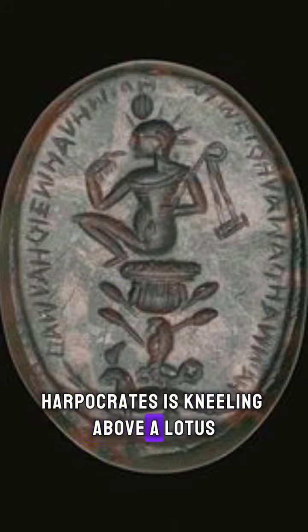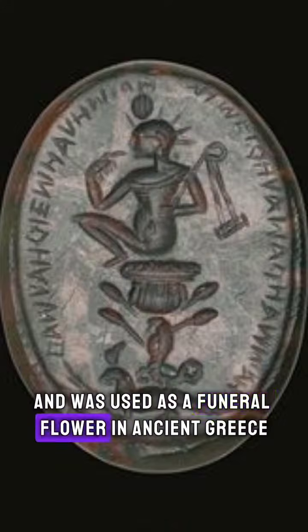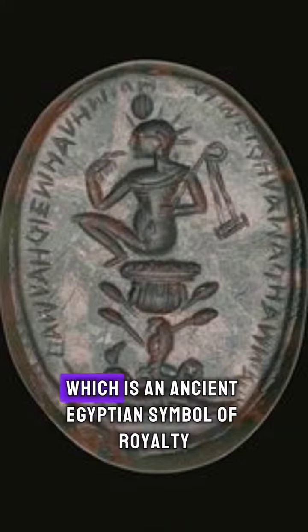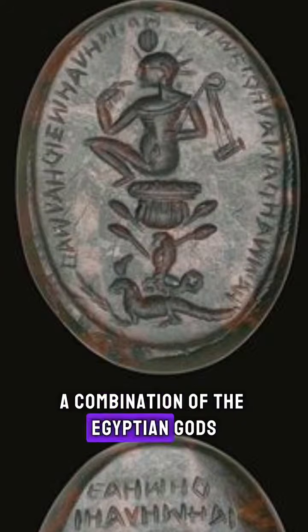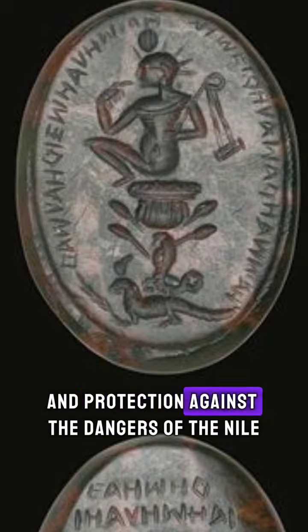Harpocrates is kneeling above a lotus, which is a flower representing regeneration and was used as a funeral flower in ancient Greece and Rome. And this lotus is above a rearing cobra, which is an ancient Egyptian symbol of royalty and protection. The cobra is above a falcon-headed crocodile, which is probably meant to be a representation of a combination of the Egyptian gods Sobek, the crocodile god, who represented a pharaoh's power and protection against the dangers of the